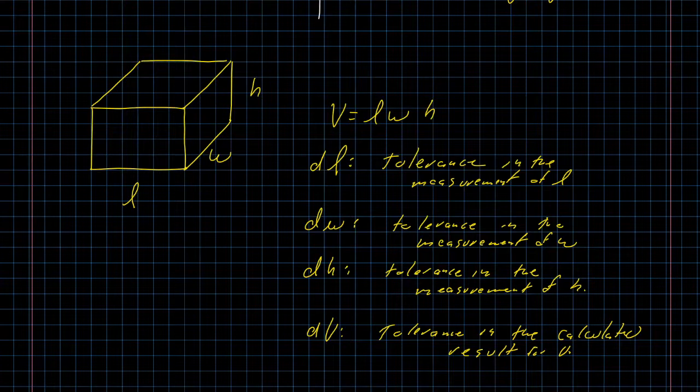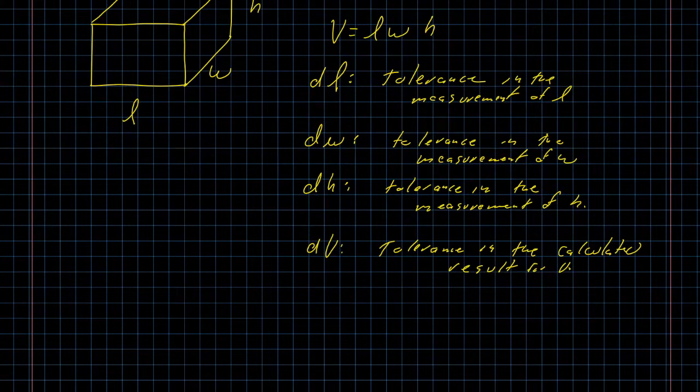And then when I use those measurements, I will calculate my volume V. I will get some answer. And there will be a tolerance to the calculated value. I'm calling that tolerance dV. If I differentiate implicitly,